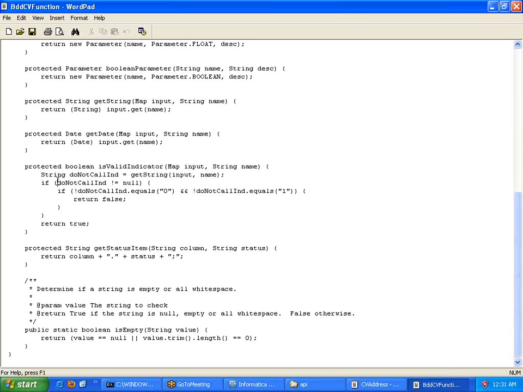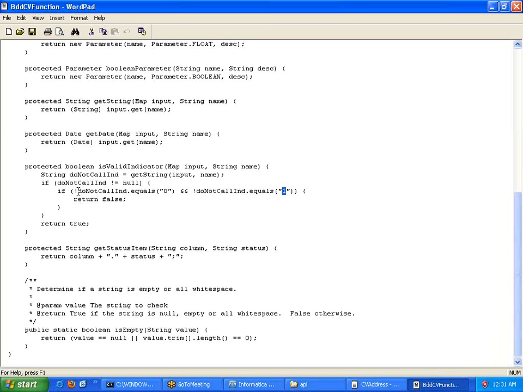Make sure whether the input data is null or not null, and then check the equality part. The indicator values we get from the user or from the caller are 0 or 1.